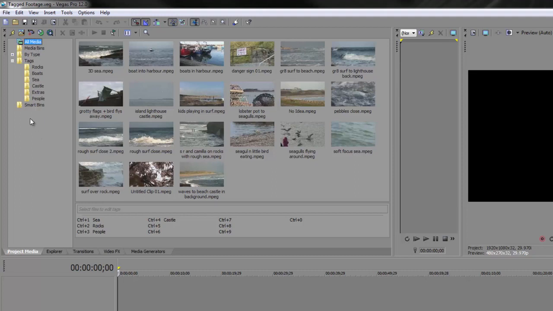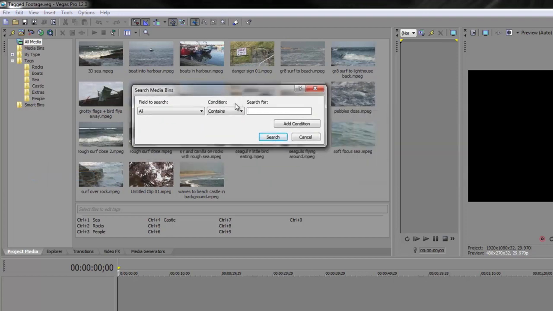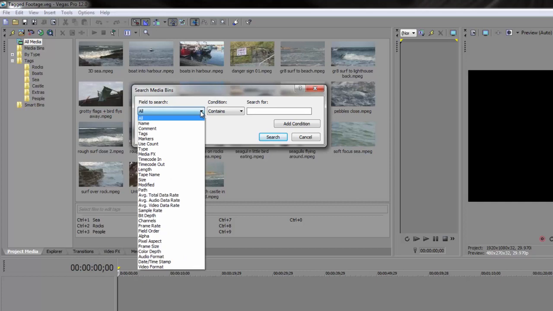Let's actually start off by doing a search. So with all media selected at the top, because this won't work, by the way, if you have a tag selected, you really do need to be in all media at the top. You can right click and you find you've got a search media bins option. You click on there and it brings up a dialog box and you can do a search. Now there are lots of different fields that you can search. You can do names and comments, you can search tags, markers,